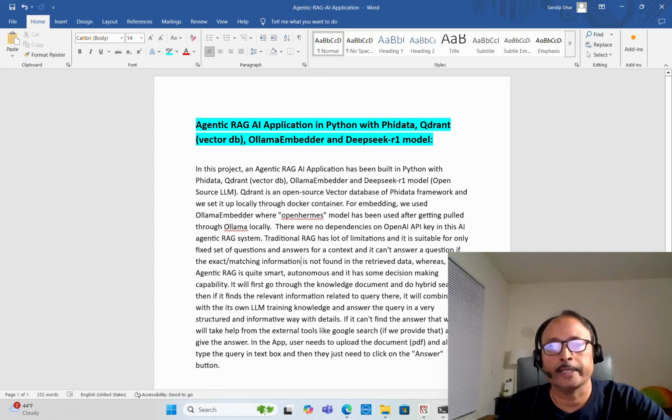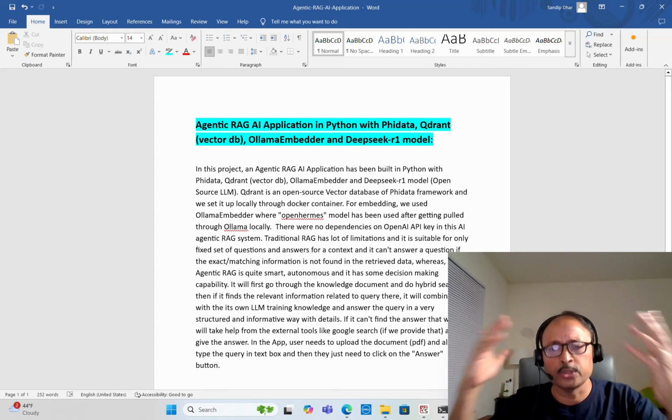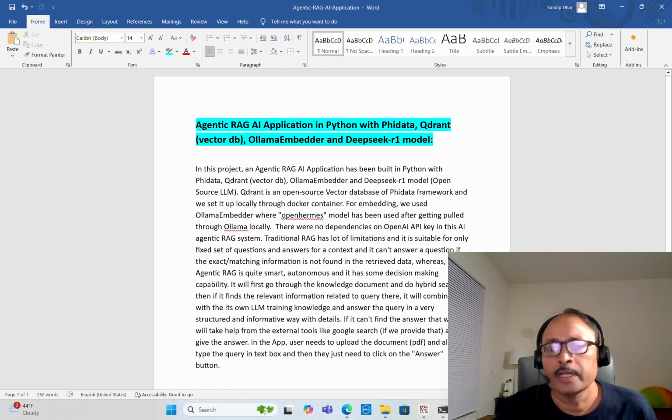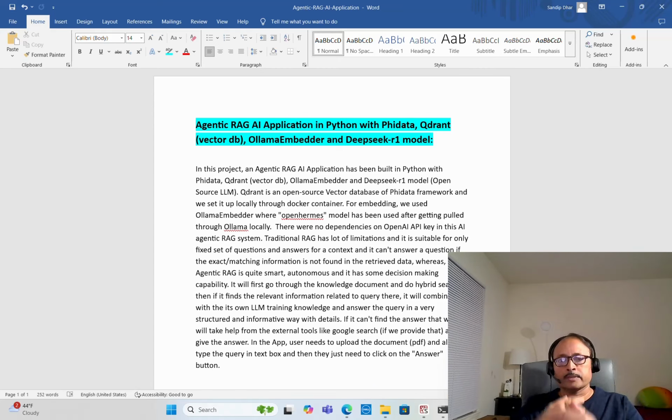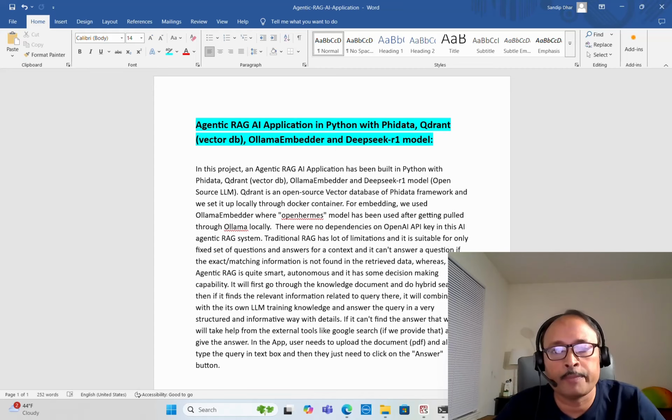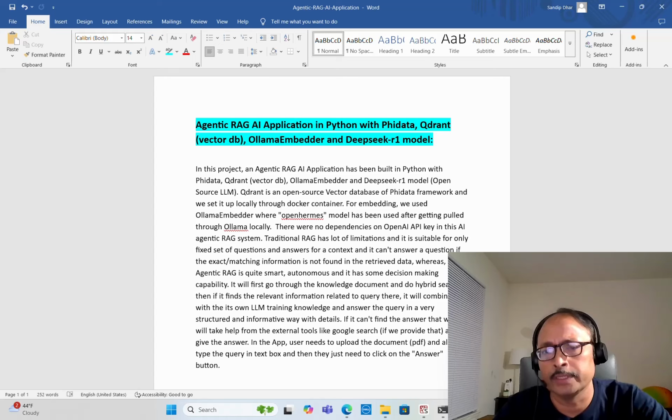Whereas the agentic RAG is quite smart and autonomous, and it is equipped with many things, and it has some decision-making capability or power. So in the case of the agentic RAG, what will happen? It will first go through the knowledge document and do a hybrid search when a query or question comes up from the user. So it will go through the knowledge document, do a hybrid search, and if it finds the relevant information, a chunk of information related to the query there,